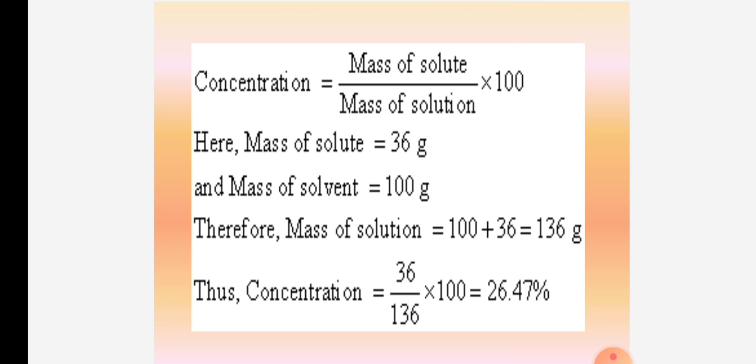Suppose both components of a solution are liquids, for example, alcohol dissolved in water. Then how do we find the concentration? We have to go for the second one, that is volume percent. When is volume percent used? It is mostly used when the solute and the solvent are liquids. We are supposed to use volume percent.